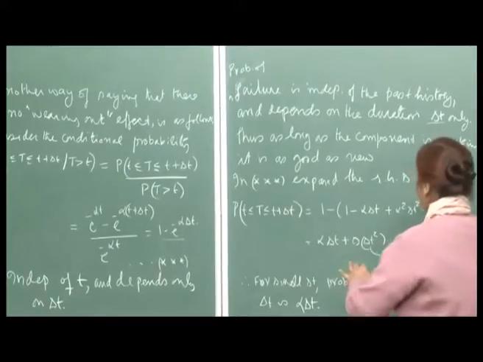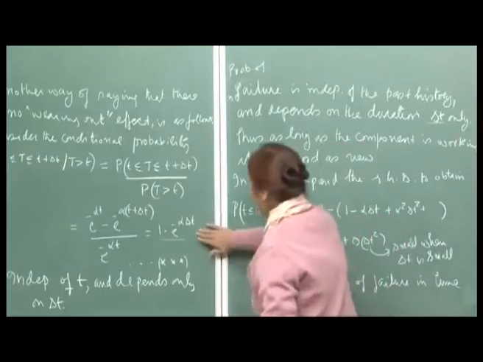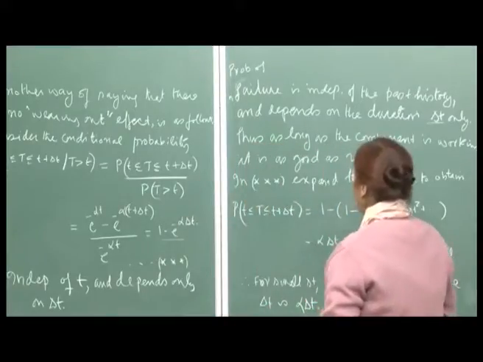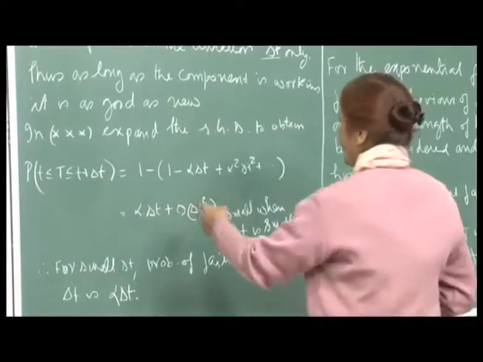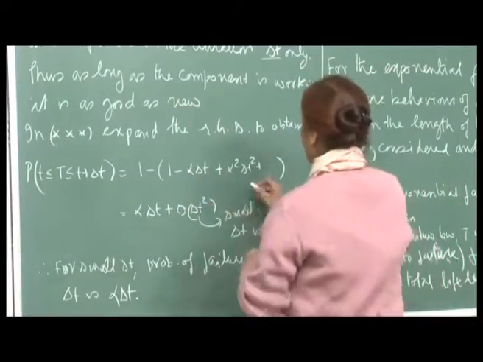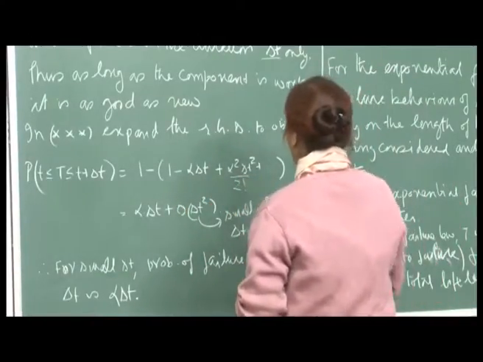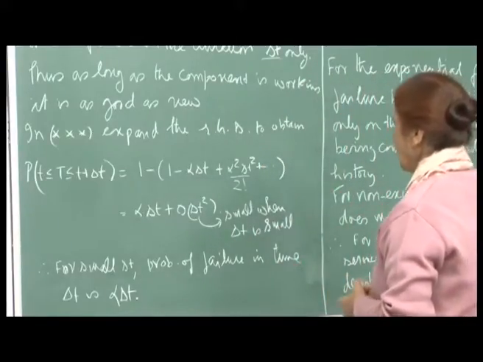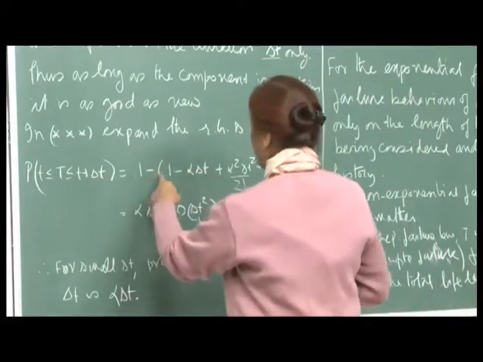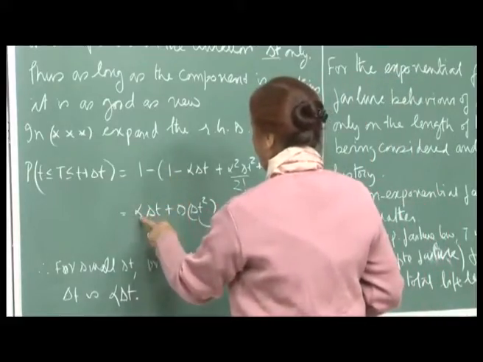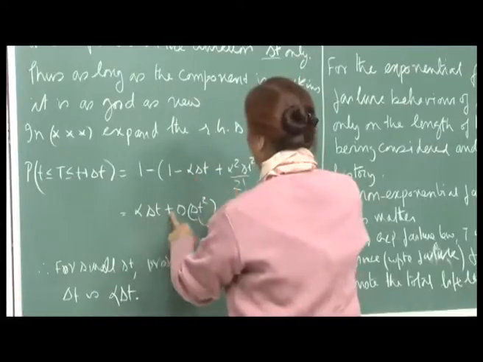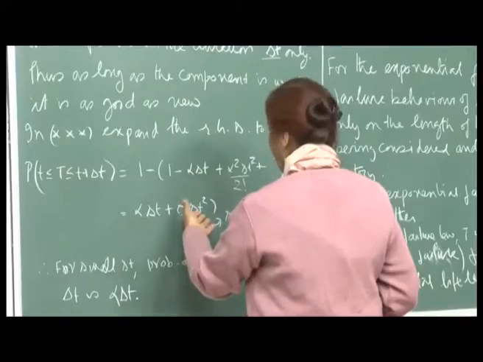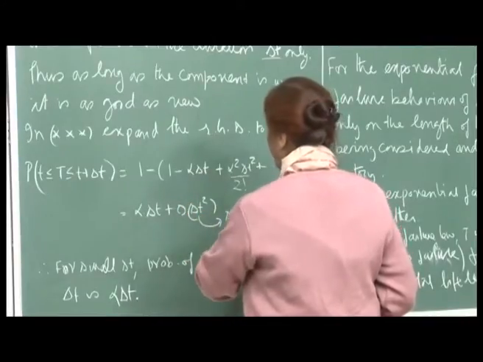So, all of you should be familiar that much calculus everybody has done. So, you can write down the expansion for e raised to minus alpha delta t, which will be 1 minus alpha delta t plus, sorry, there should have been 2 factorial, and so on, powers of delta t. Okay. And then when you open up the brackets, 1 cancels out, and then you have alpha delta t plus higher power terms containing powers of terms like delta t square, delta t cube and so on.